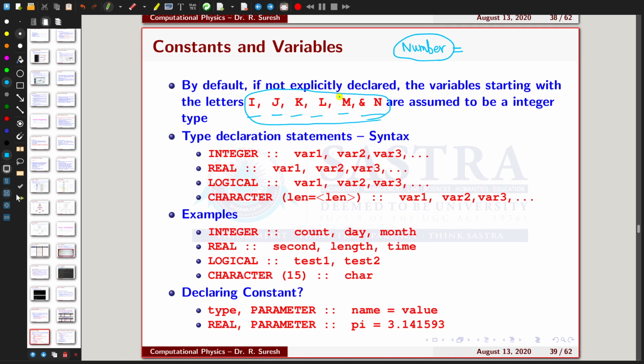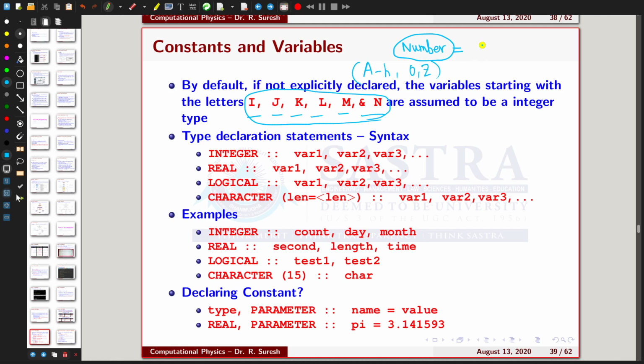Okay, because we have not declared anything explicitly. That means the variables starting with these alphabets are taken as integers, and the other variables from A to H and O to Z are taken as real variables.